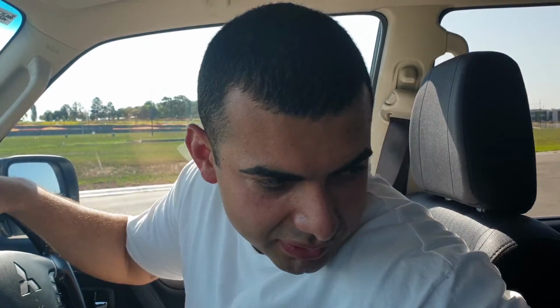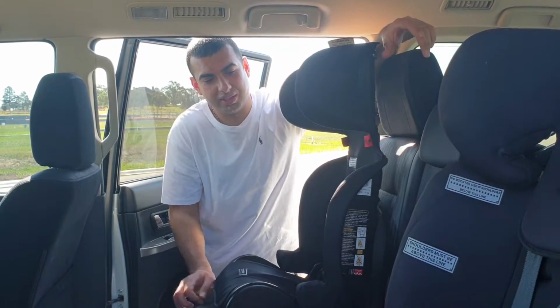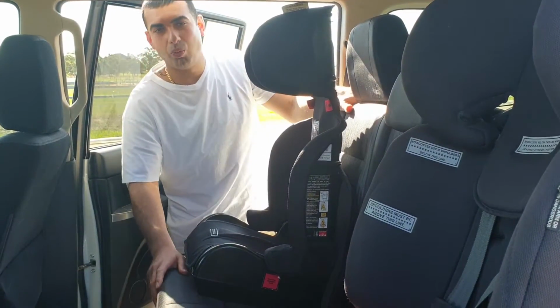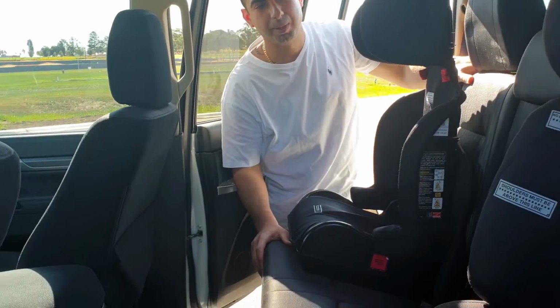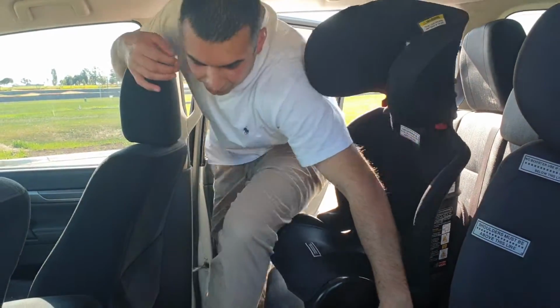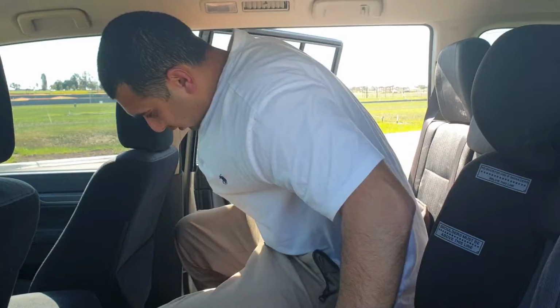Now, family car, it's got plenty of room inside as well. Now, as you can see, I've got baby seats in the back. All right, guys, we'll come to the back of the car now. As you see, I've got 2 baby seats in here, but it's quite massive. As you can see, the length of the back seats. Now, if I was to actually climb in, I'm a pretty tall person, and if I was to sit in the vehicle itself,